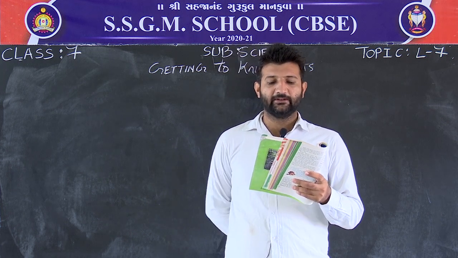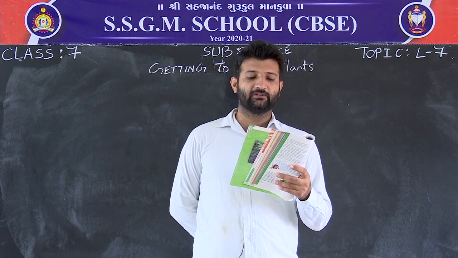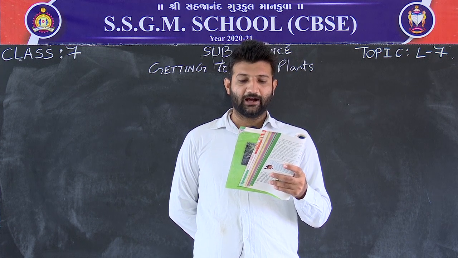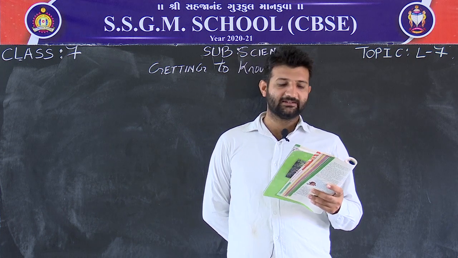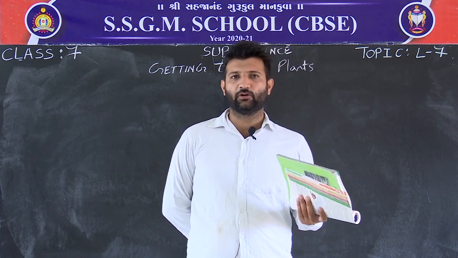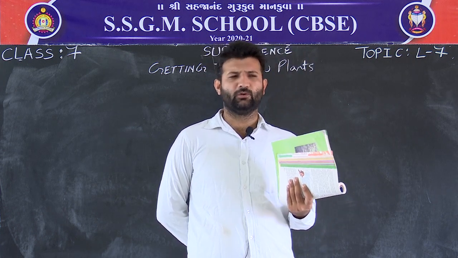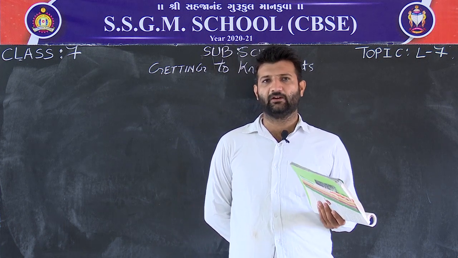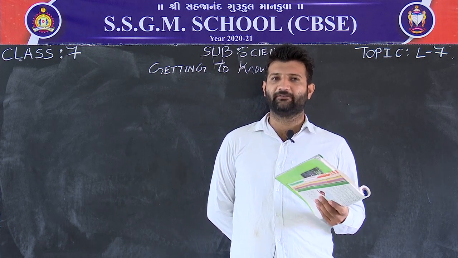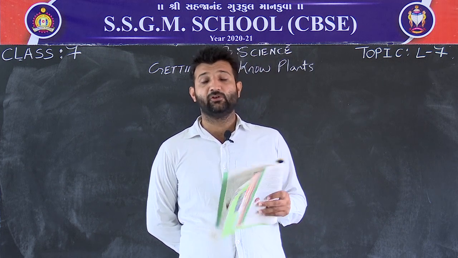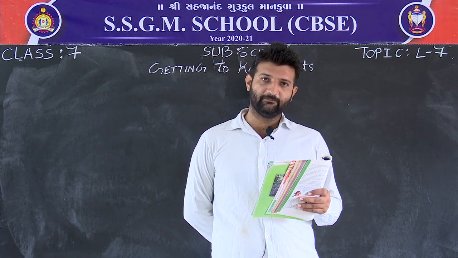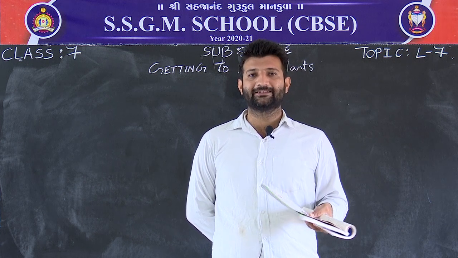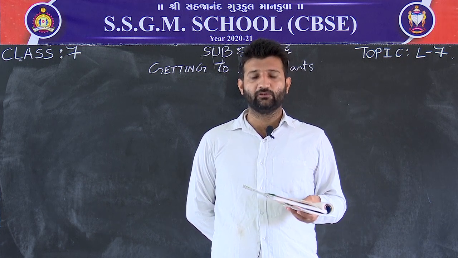Look at the leaves of plants around you and draw them in your notebook. Are all the leaves the same in size, shape and color? So they are saying that go and watch some types of leaves around you, whatever plants you may have, pluck their leaves and draw their figures in your notebook, and you have to notice whether their size, shape and color are the same. What did you find? You have to answer and write it down in your notebook.